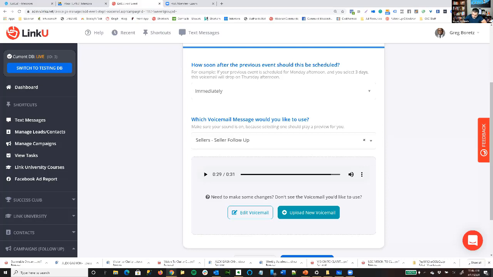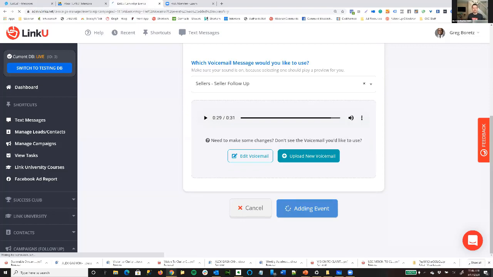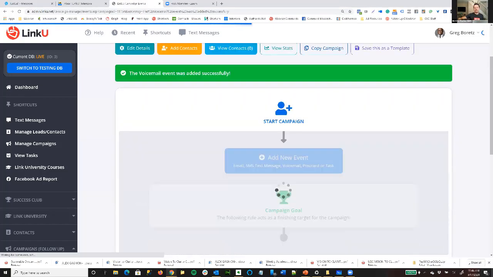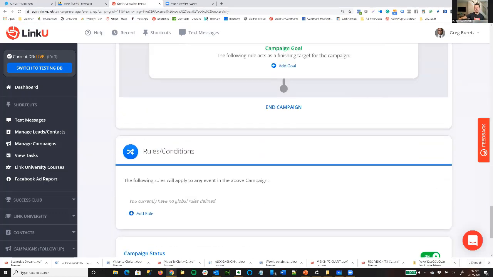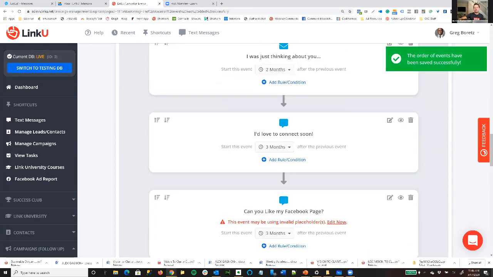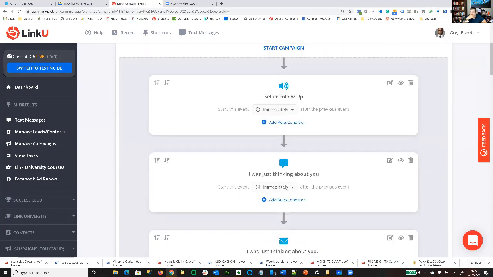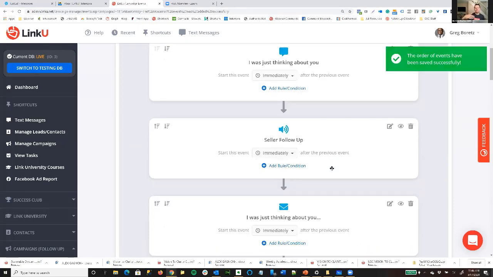So basically you're just going to have the hesitation. You're going to have the pauses and things like that, like the voicemail I just played for you. Okay, cool. So once you do that, you add the event in, and then now it's going to be part of your campaign. So when someone gets a text message or whatever, right, they're going to get my voicemail. I can have them get it first, I can have them get it second, whatever. These drag and drop. I'm not going to get into all that stuff, but they'll get the voicemail as part of that follow-up.